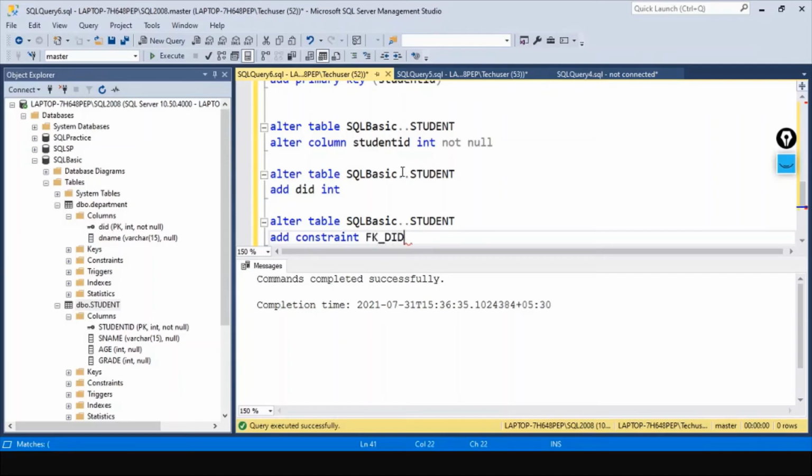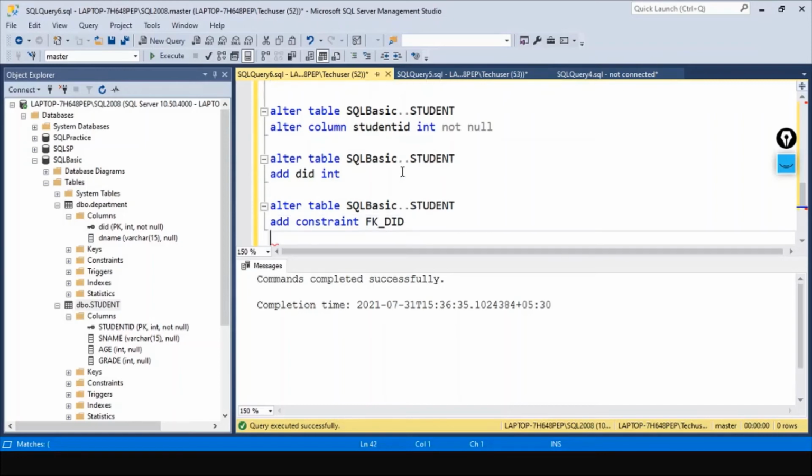We're using department ID, so I'm just giving DID. Then foreign key, the column name DID. Now we have to provide the reference from which column this DID column has to be looking at. So let's go ahead and give the reference. I will explain you how this works in just a couple of minutes.